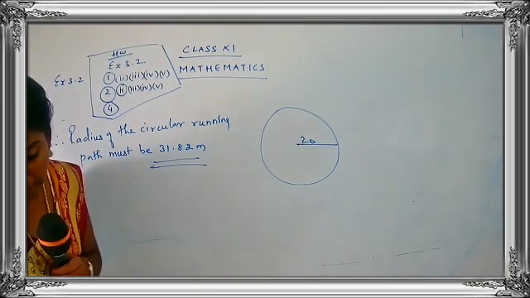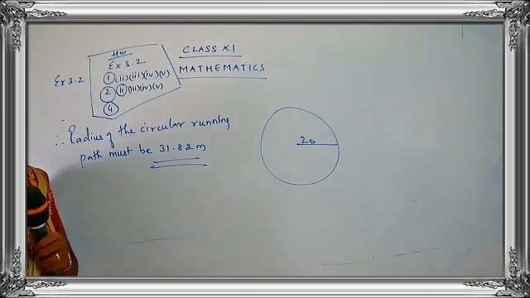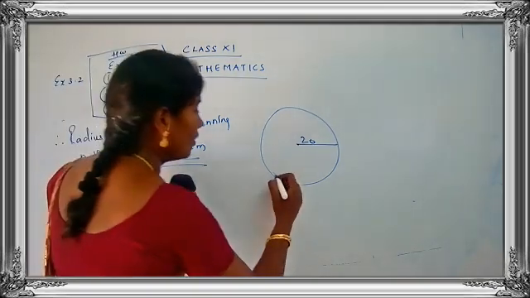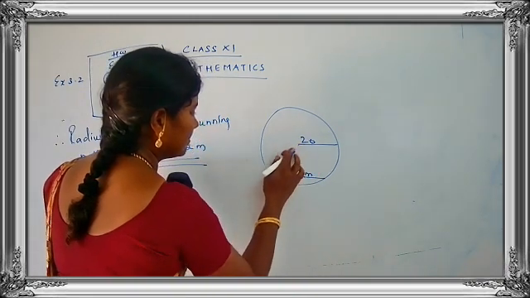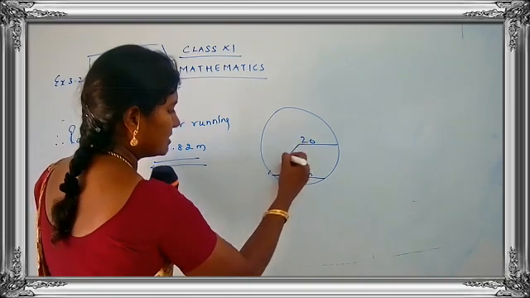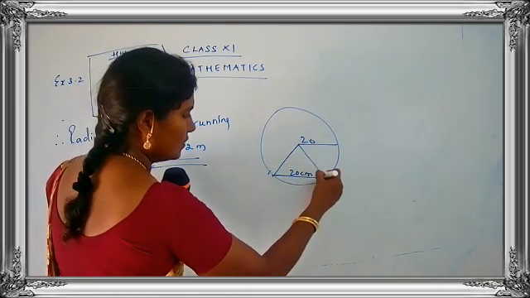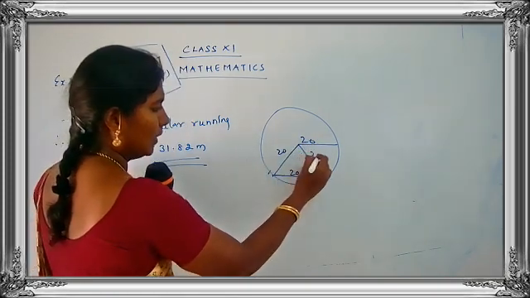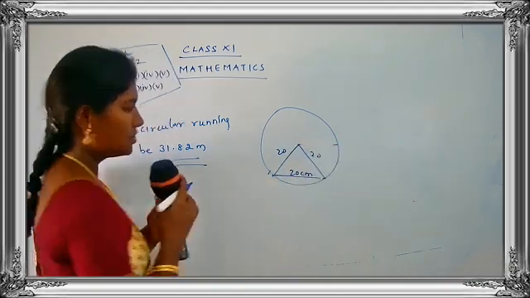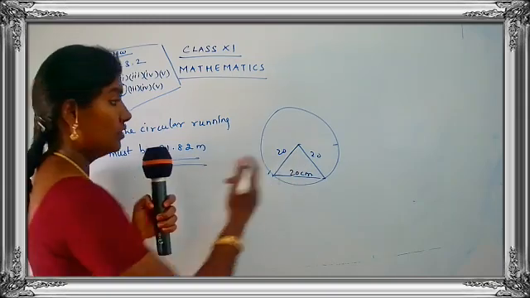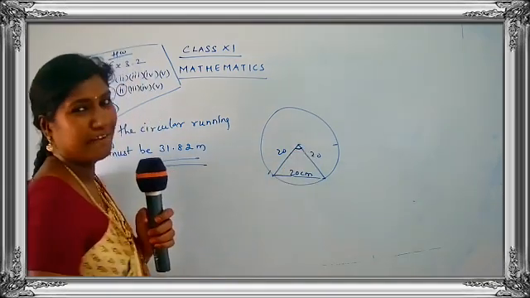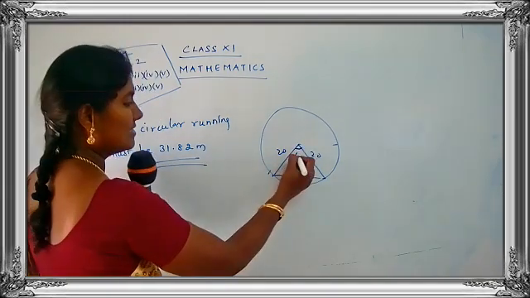Done one thing. They're saying that the chord is of length 20. They have given you a chord of length 20. So I'll put this as 20. So I can just take the radius. We can have a radius this way also. We know how to draw a radius. So we have a radius, 20, 20. So just see this. You get an equilateral triangle. All the sides are equal. So what will be the angle, children? Very simple. So you get the angle is 60.